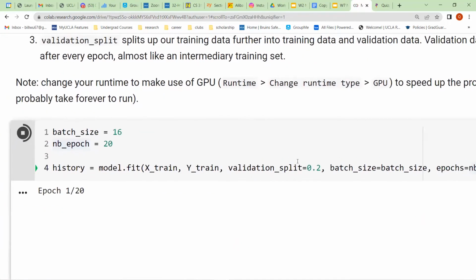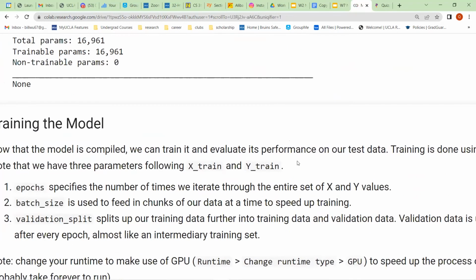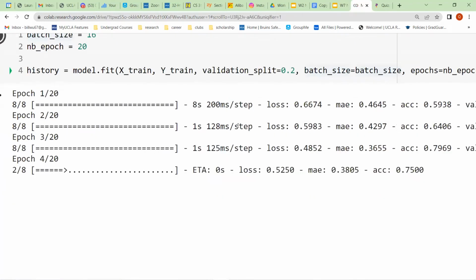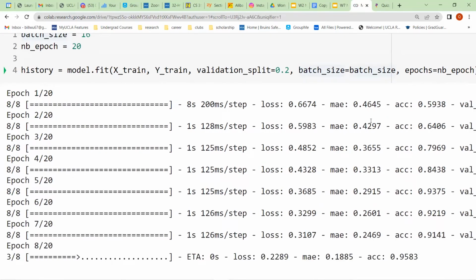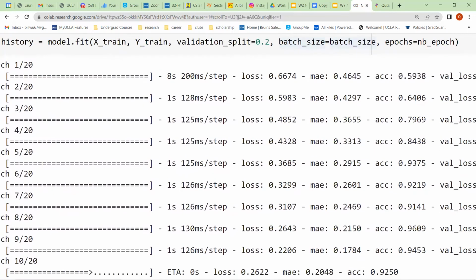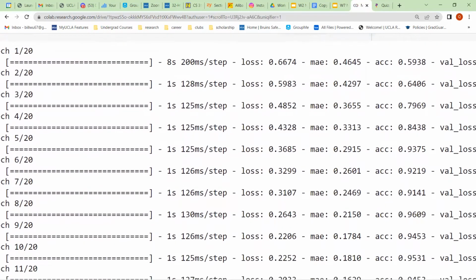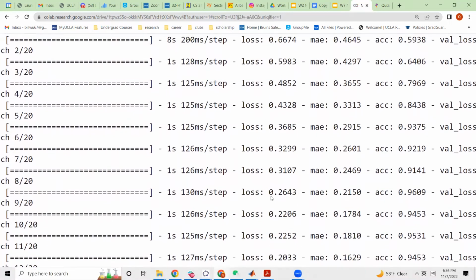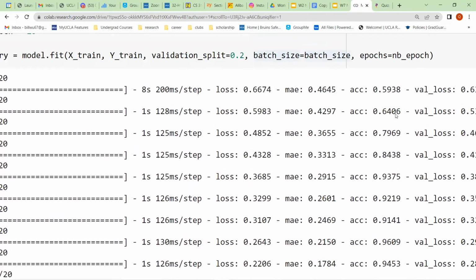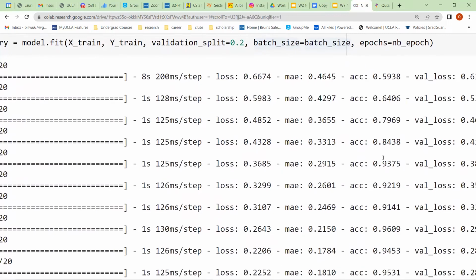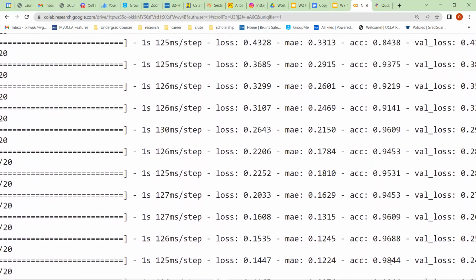it'll take some time. So a couple of things to note. As you can see, when this is running, our loss value is decreasing as the epochs keep going. Another thing to note is that the accuracy of our model will also slowly increase.